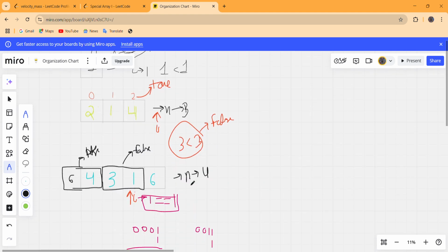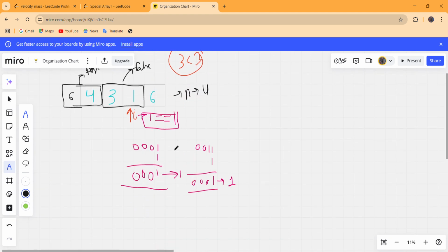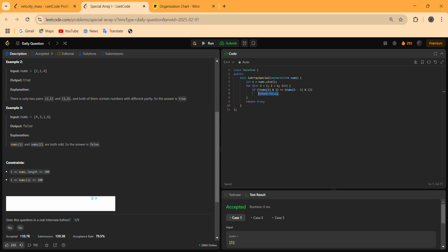So basically this is a simple concept for the bitwise AND operator, and we can use a modulus operator as well. We can use the modulus operator with 2 to check whether the given element is even or not.